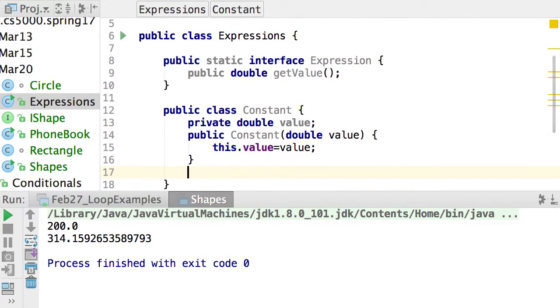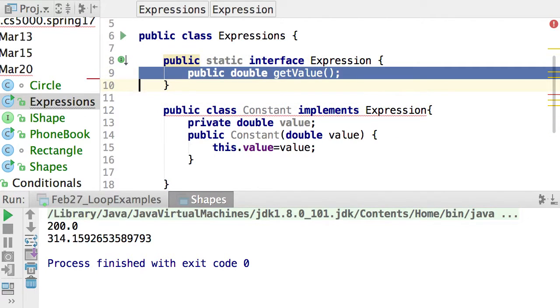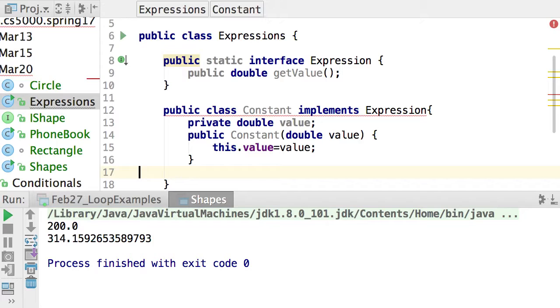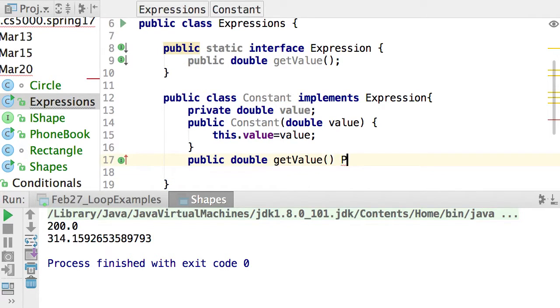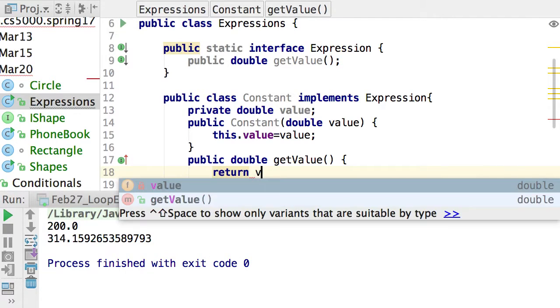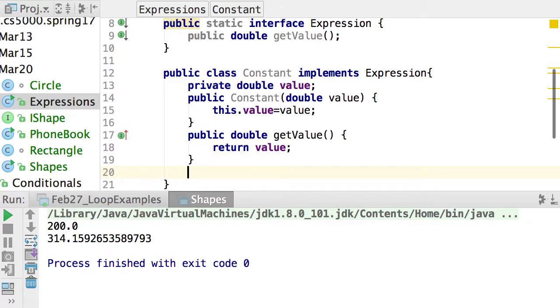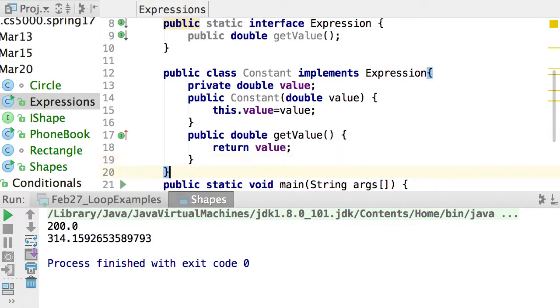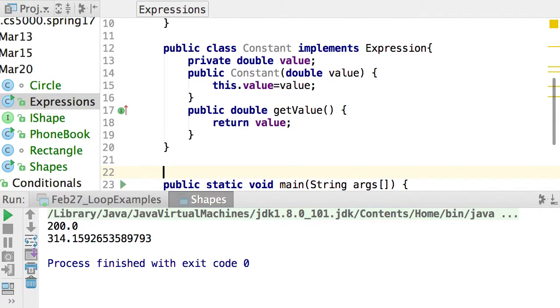How do I evaluate myself? Let's say that I implement expression. What's my value? Wow, my value. Right? Life is good. I have an expression. Woohoo! Now,